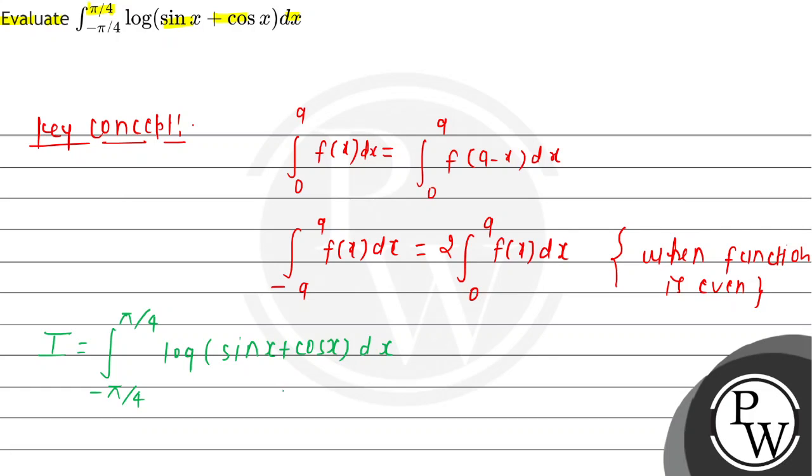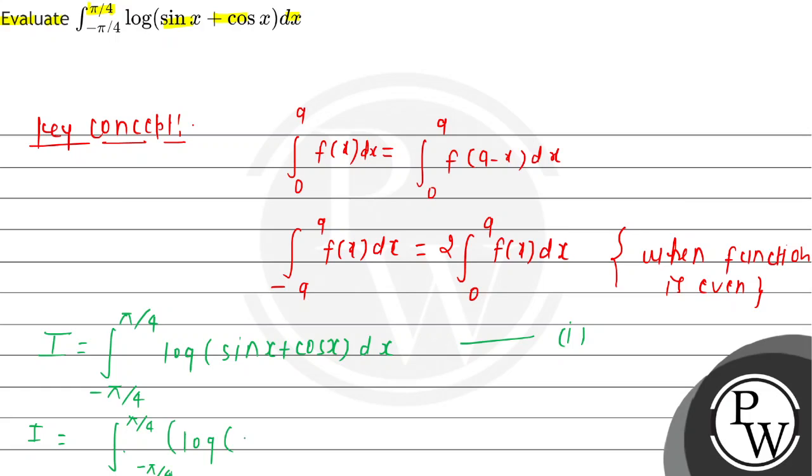Suppose it is equation number 1, and we can write it further by applying the formula. Then we'll get minus pi by 4 to minus pi by 4 it can also be written as log